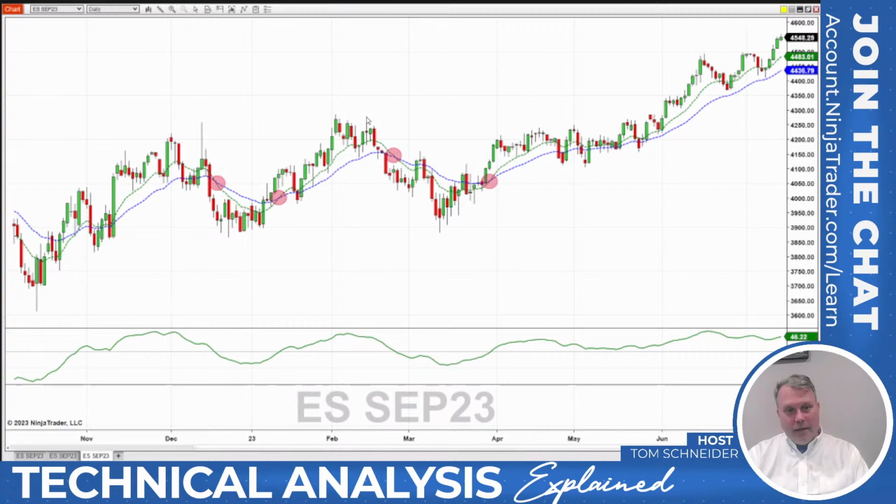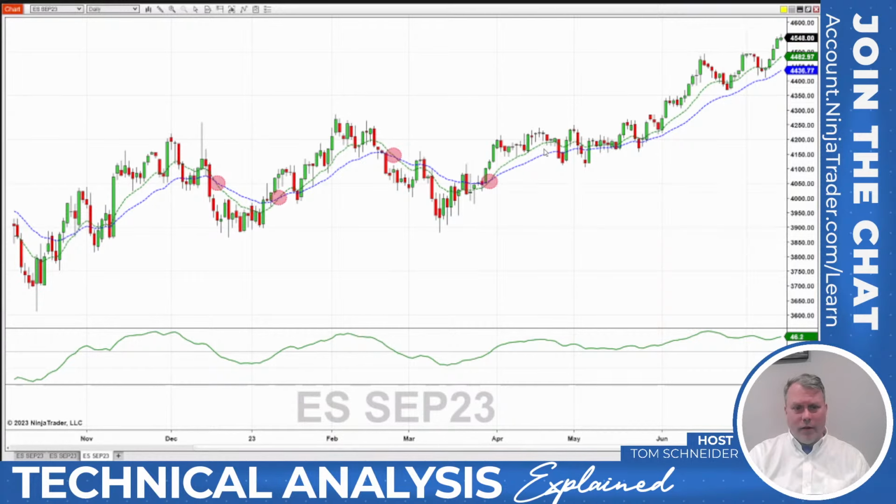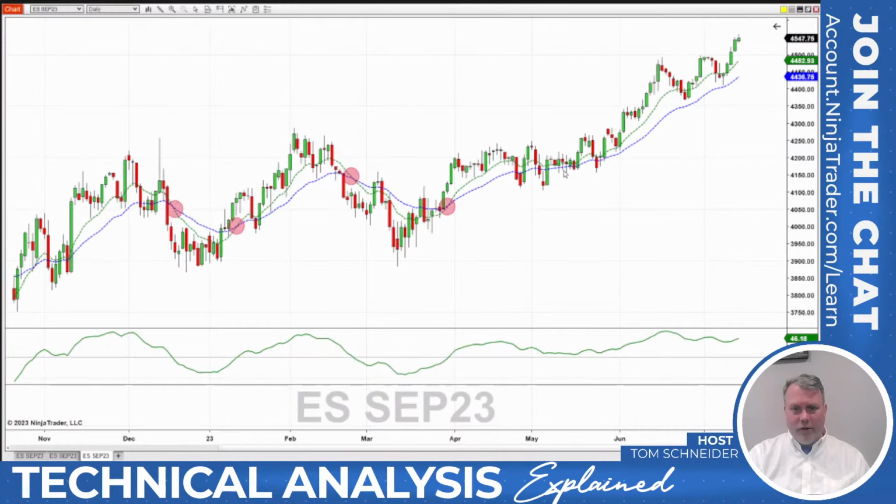So we boiled two lines down into one. Well, what does that do for your efficiency? It makes you more efficient, right? I don't have to do the calculation and remember, okay, which one is the green line? Is that the 12 or the 26? I think, I know it's the 12 because it's closer to price, but there are some times where it's hard to tell which one is which. Look over here when it's sideways. If I just isolated on this month right here in May, can I tell really which one's the 12 and 26? Not really.